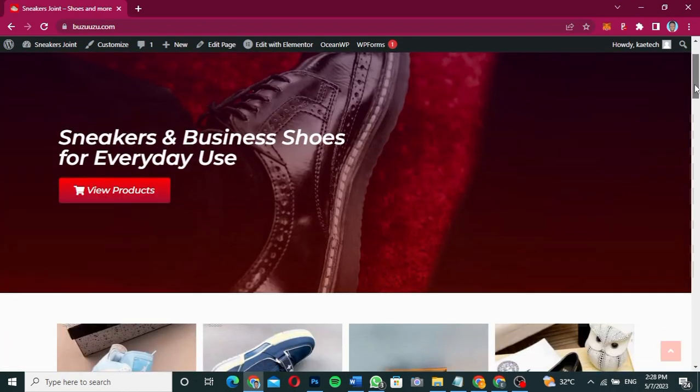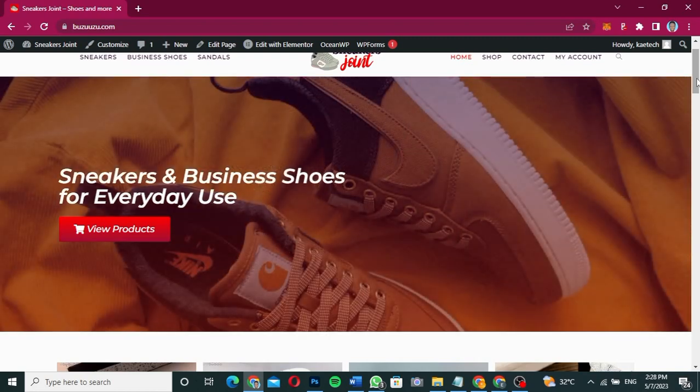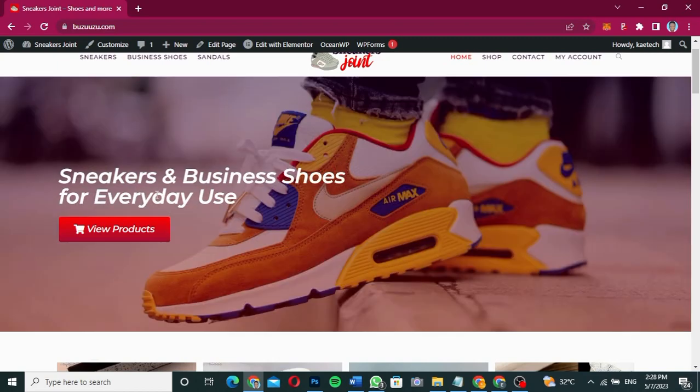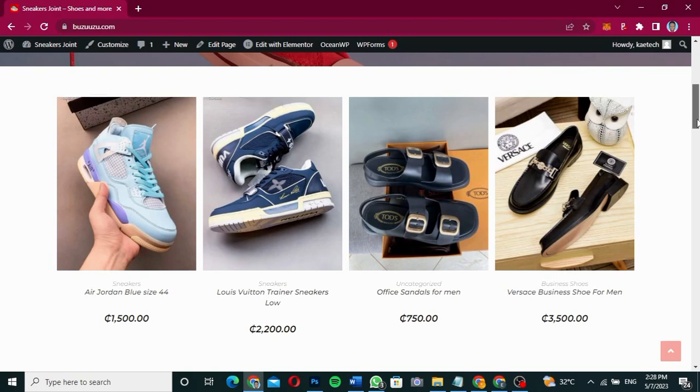And then we have a hero section over here, which has sliding images going up and down, with a simple call to action which says sneakers and business shoes for everyday use, view product. So when you scroll down, also we have some